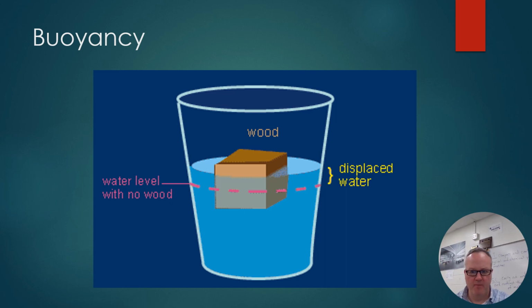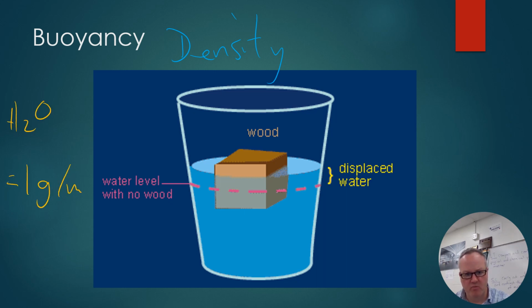Buoyancy. When we talk about this, one thing I want to say is that if you look, you'll see that this is kind of floating in that water. Okay, so this all has to do with density. So the density of water is going to be 1 gram per milliliter. If something has a density that is less than 1 gram per milliliter, it is going to sink in the water. Okay, so that would be down here,